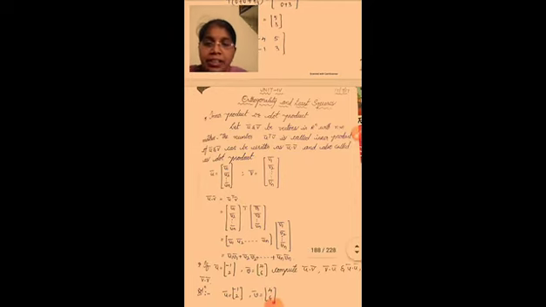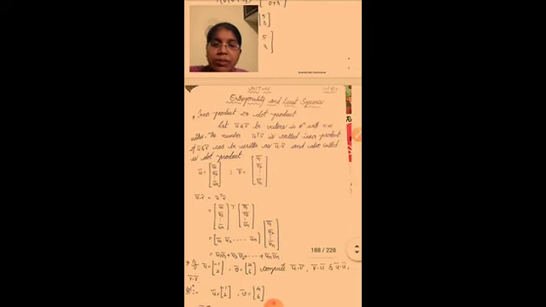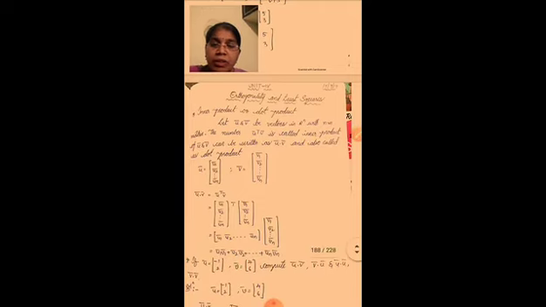The number u bar transpose v bar is called the inner product of u bar and v bar, can be written as u bar dot v bar, and is also called the dot product. Okay. So see here, first of all we have to take two vectors from R to the power of n with n by n matrix, and the number u bar transpose v bar is called the inner product of u bar and v bar, and it can be written as u bar dot v bar. Okay. And it is also called a dot product.